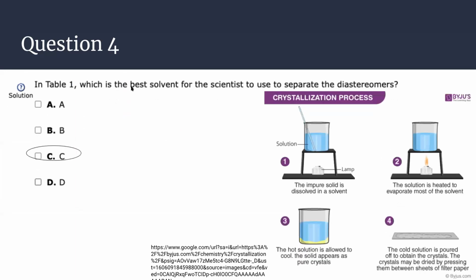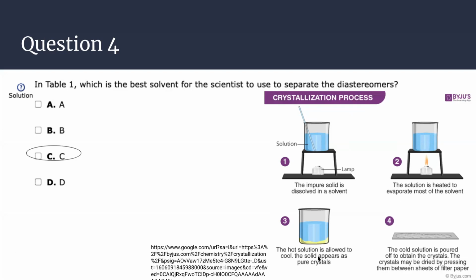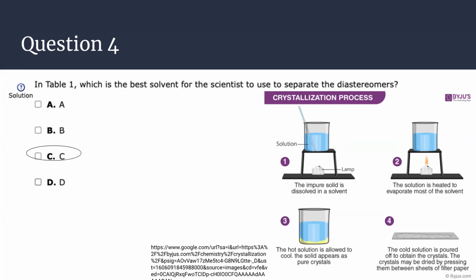So to separate these diastereomers, this is a crystallization process where first you have to heat up the solid to dissolve it. And then you cool it down slowly. And then once it cools down, it forms a precipitate. And then you can use a cold solution to obtain the precipitate and the crystals. So that is actually referring to C, which means you would first